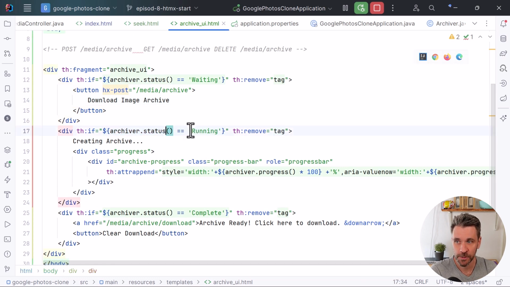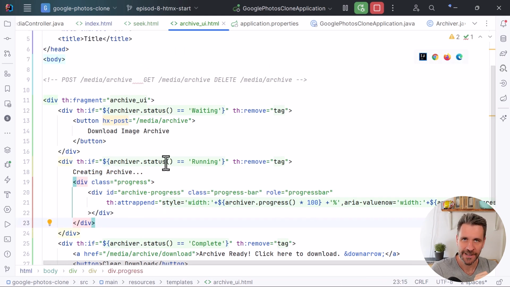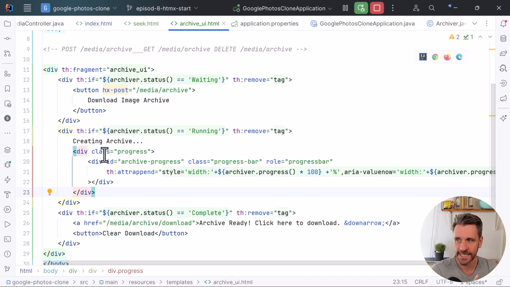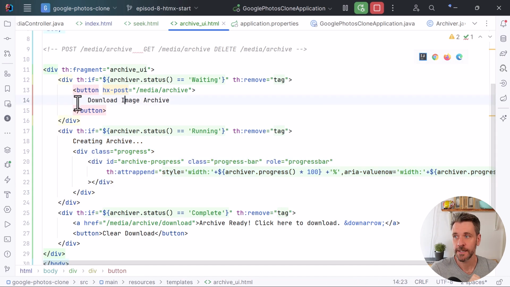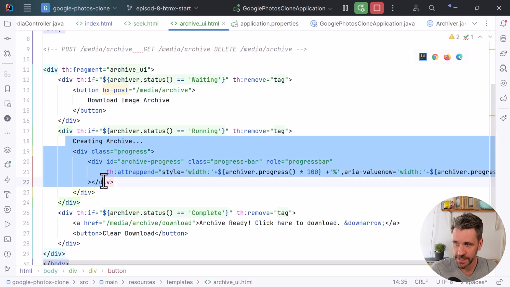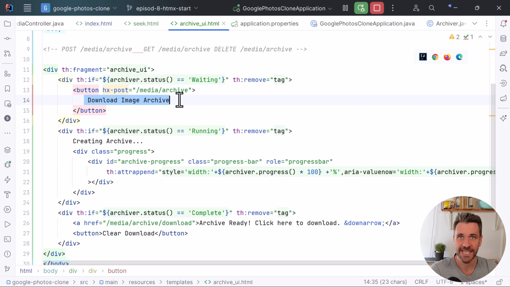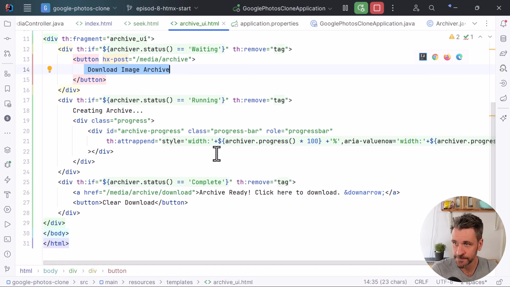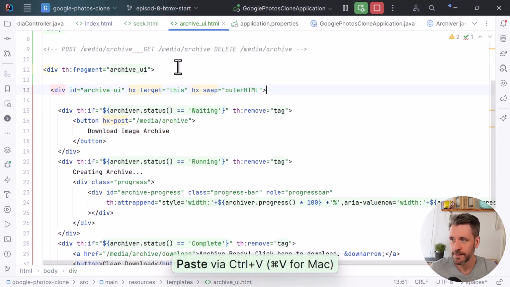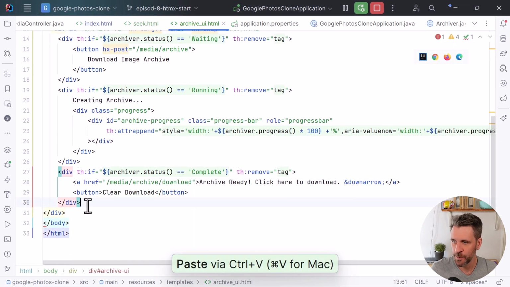So the archiver status will be running, and we'll get a new HTML snippet back showing the progress bar down here. Again, you'll have to think about where exactly that new HTML snippet will end up. As mentioned before, it will be part of the inner HTML of the element which triggered the request. So in fact, we would take this content down here and put it inside our button, which is not what we want. Instead, we want to replace the whole thing, meaning I'll just wrap our if-else's with another div